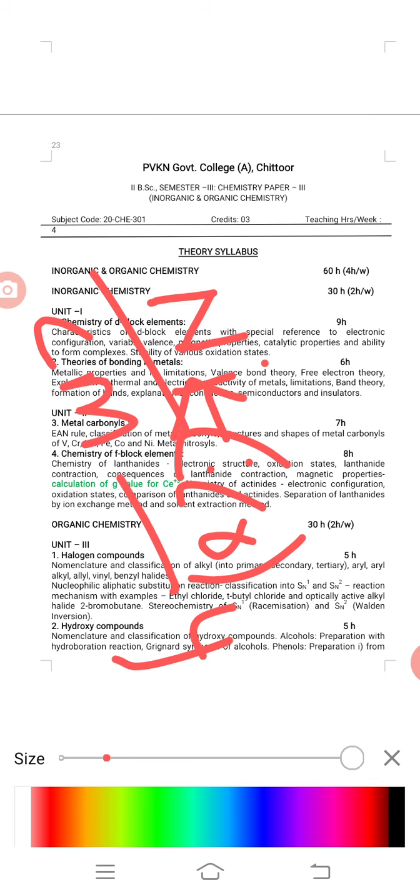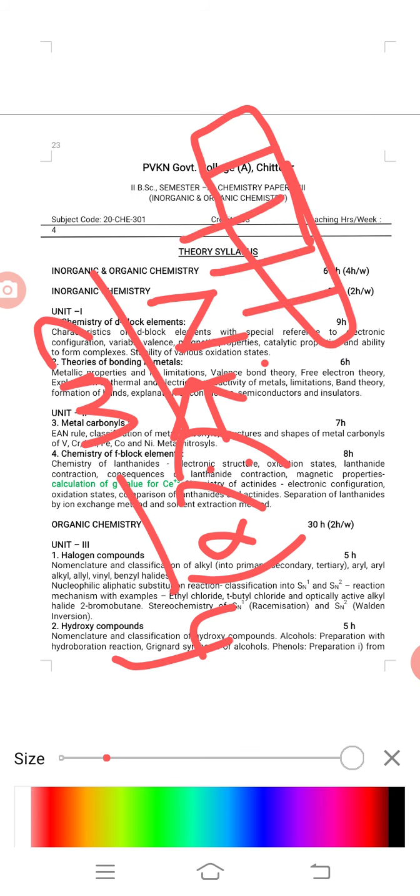It forms a complex. Why do d block transition elements possess complex forming properties? Because d block elements have vacant d orbitals. For example, titanium is 3d2 4s2, and the remaining 3 are vacant orbitals. These 3 vacant orbitals are filled by ligand donated electrons, for example H2O6. This ligand donates the electrons to the vacant orbitals.